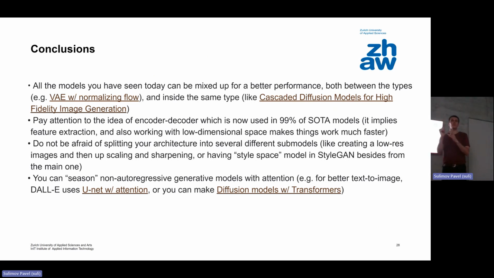I told you that one option is to generate a small cat and then to make the enlarging and sharpening. But there is another opportunity to make this enlarging also with the help of diffusion. So you are taking a little cat and then you input it to another diffusion that tries to enlarge it, etc.